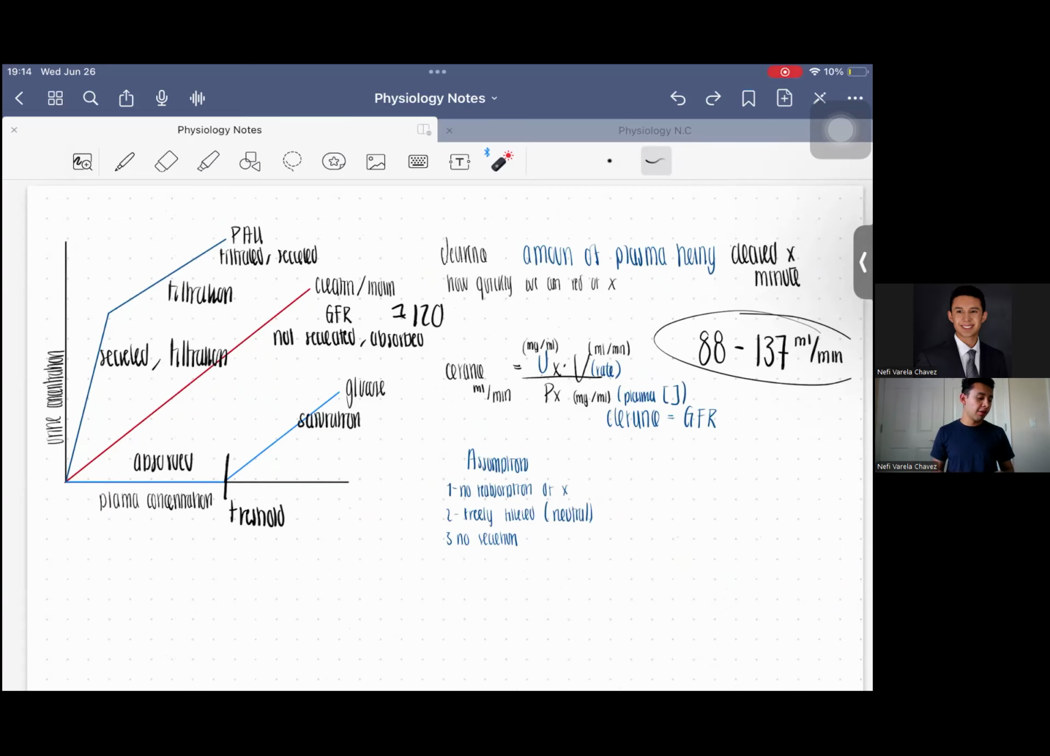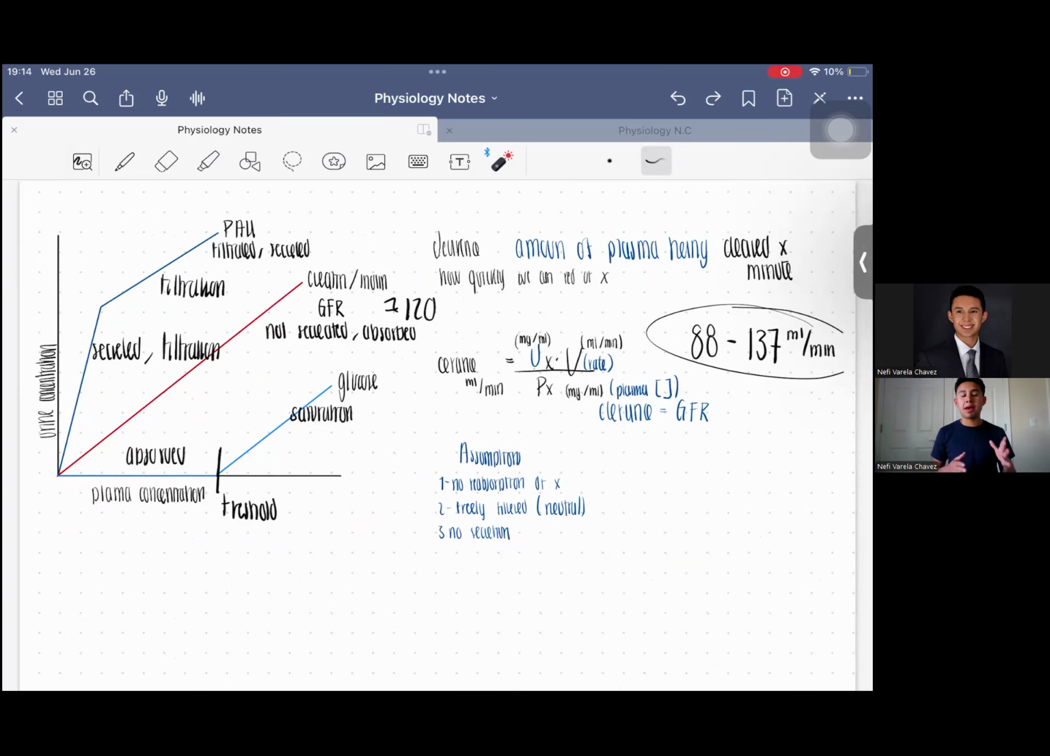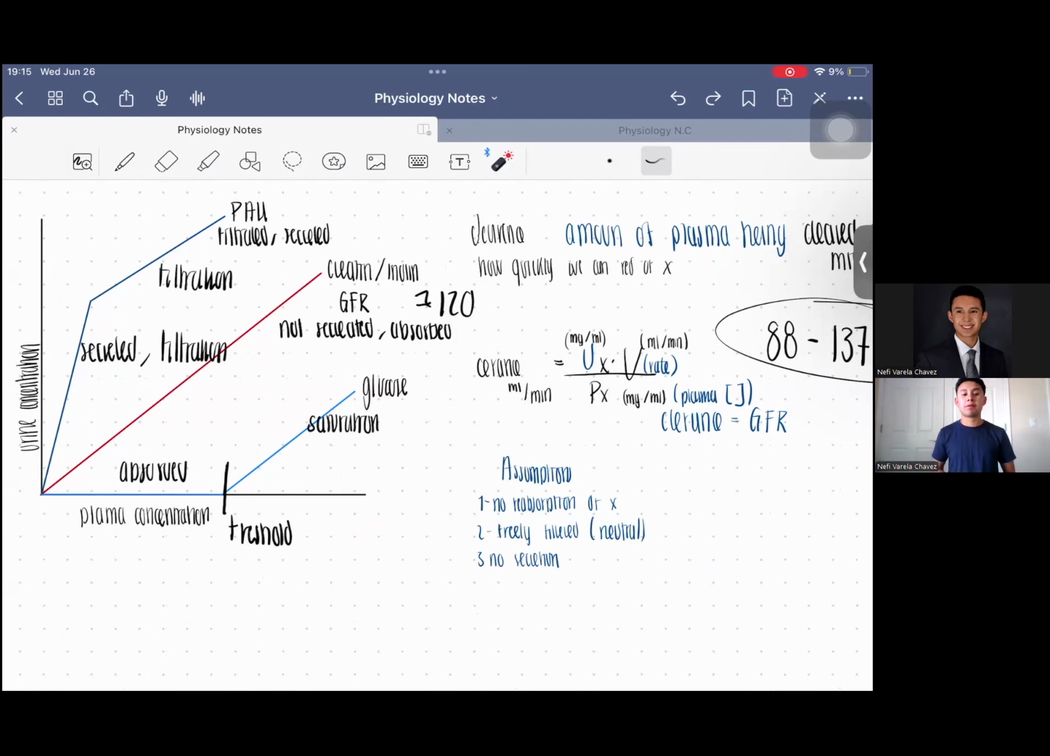Okay, a normal value for this is going to be around 88 to 137. I think the standard is 126. But we're going to have these molecules that, because of their physical properties, give us a different situation. For example, as in the case of glucose. Glucose is going to be absorbed, okay? But